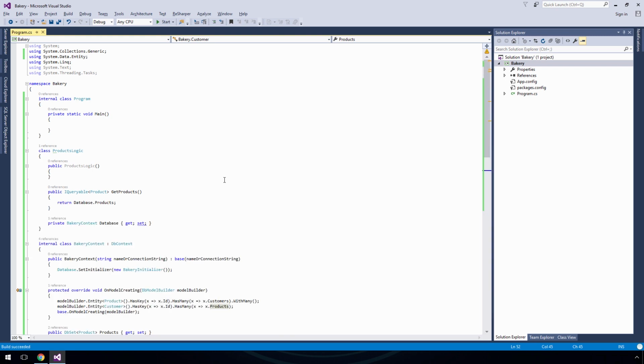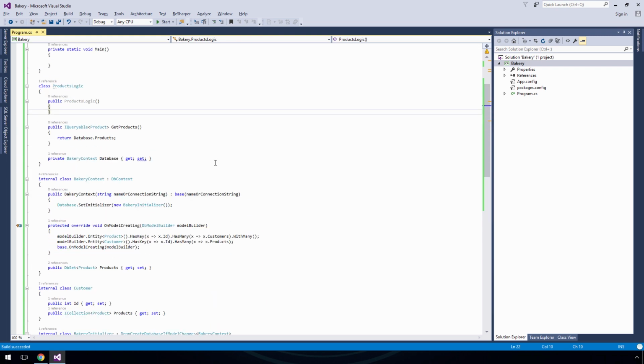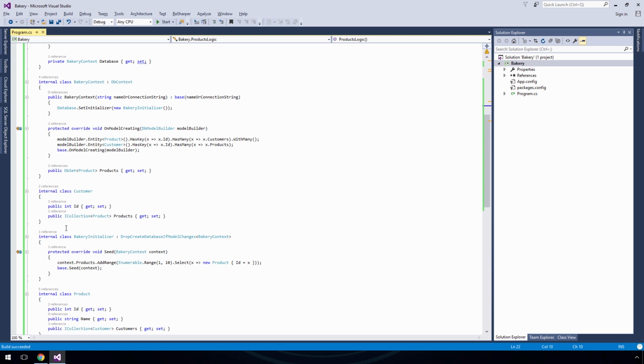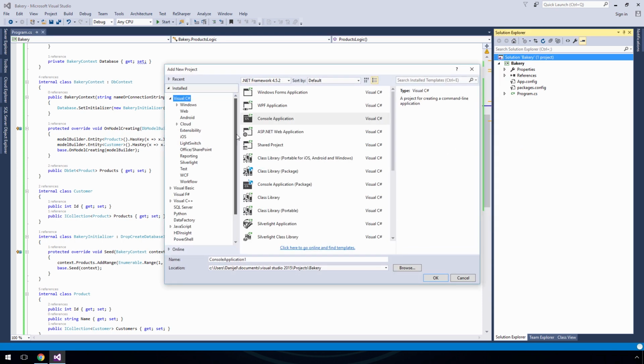Now as you can see, I have built some logic here. The code looks pretty ugly. So what I would like to do is extract all these classes and move them to another solution, or have all this logic in different projects and all sorts of things. So I'm going to add another project here. It's going to be a class library. This one. I want to call it Business,